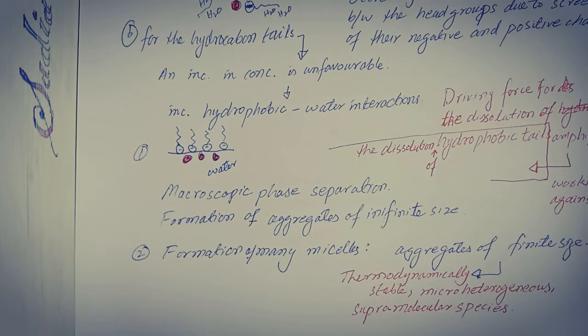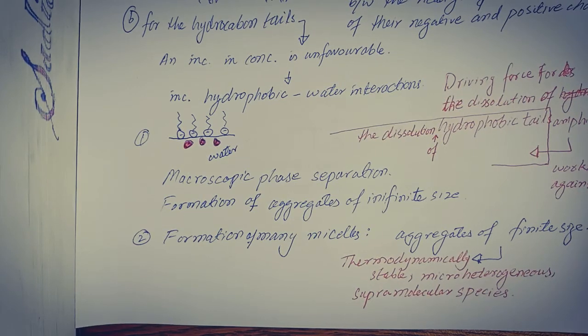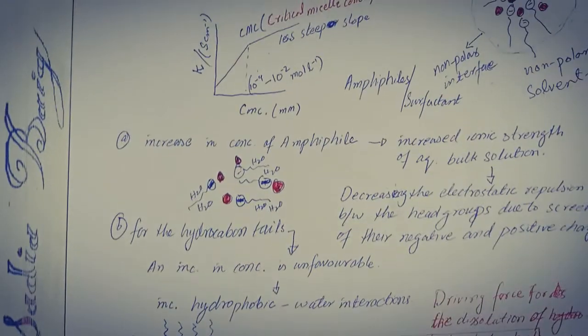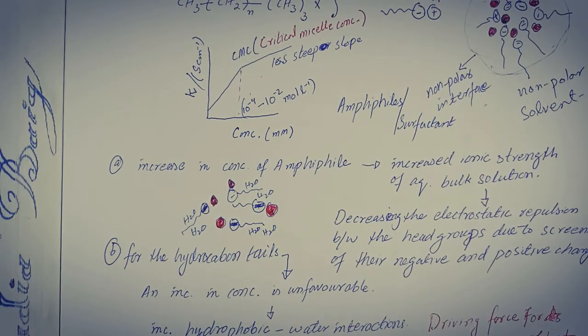So in this way, through the formation of micelle, the amphiphilic molecules are dissolved within the solution with increasing concentration, and the micelles are characterized by the calculation of the CMC, that is the critical micelle concentration, and the micellar